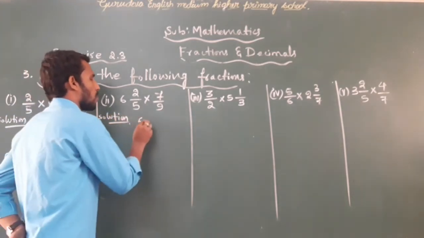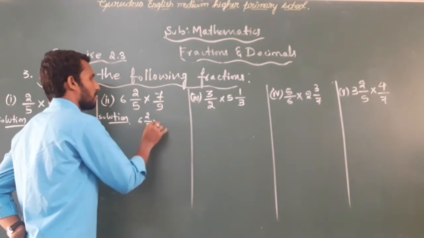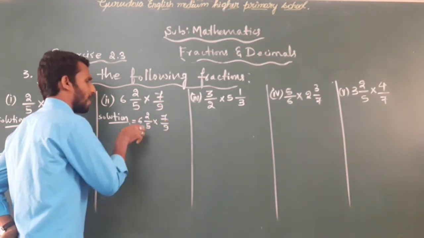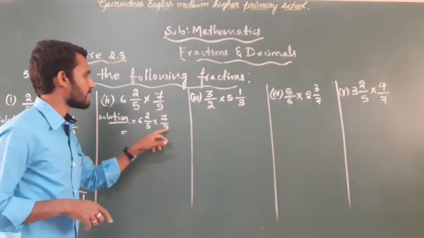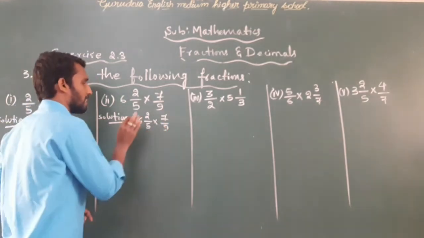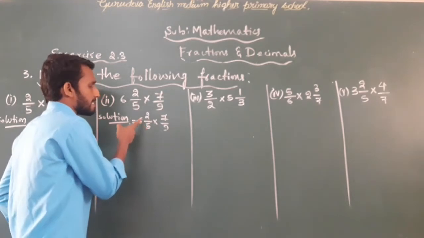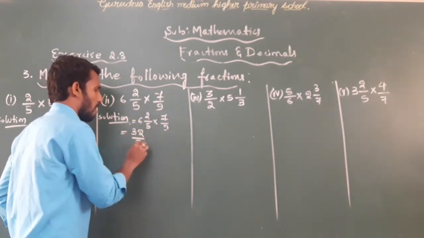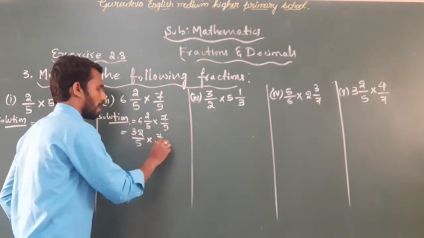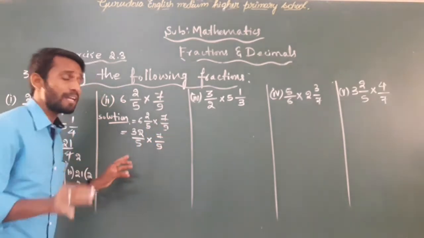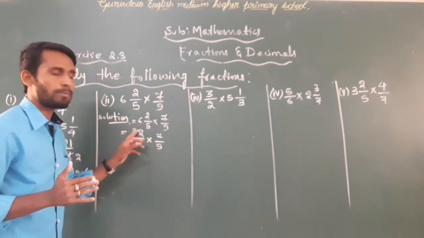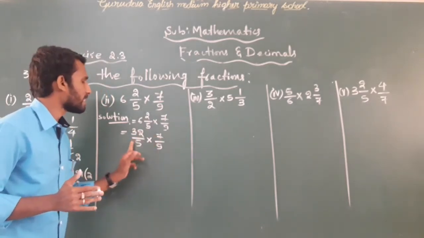Solution: 6 whole 2 by 5 into 7 by 9. Dear student, in this question also we have one mixed fraction and one proper fraction. We have to convert the mixed fraction into an improper fraction. 6 5s are 30 plus 2, 32 by 5 into 7 by 9. If possible, we cancel. It is not possible to cancel, so we multiply numerator to numerator, denominator